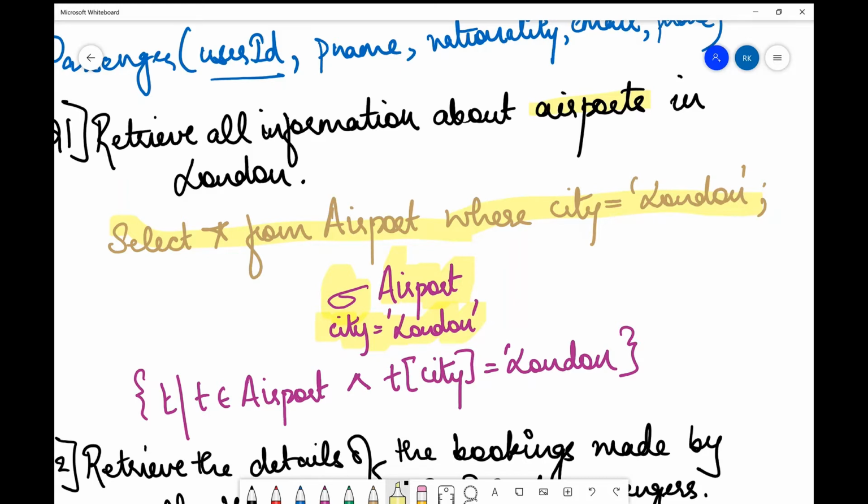Now similarly in tuple relational calculus, when you draft a query for this scenario, you would say there is a tuple T which belongs to airport table, and T.city equals 'London'. Okay, I missed an apostrophe over here. Yeah. So T.city is London. So that's all. This is basically a set notation kind of thing. Here you specify that we need the details of all the tuples which belong to the airport table and which have the city equal to London. Let's move to the second query.